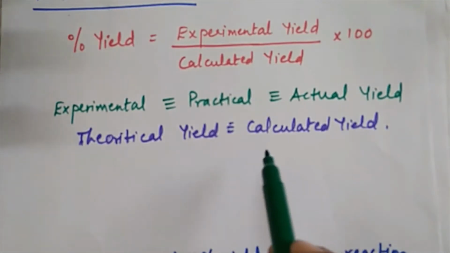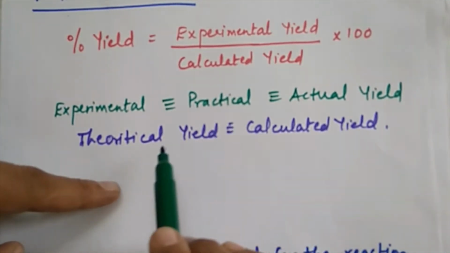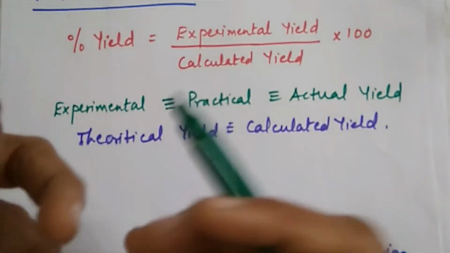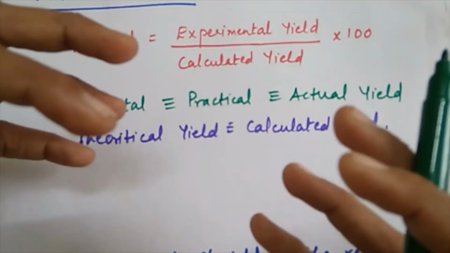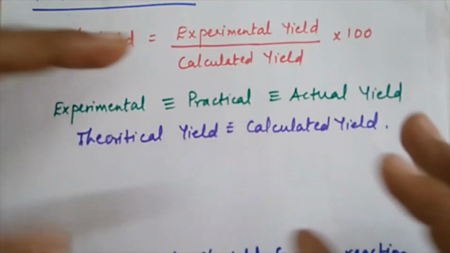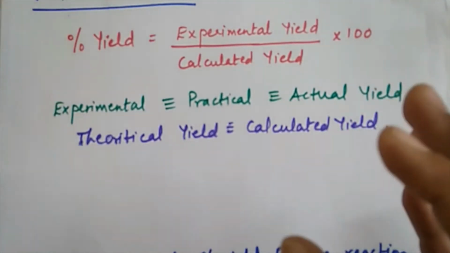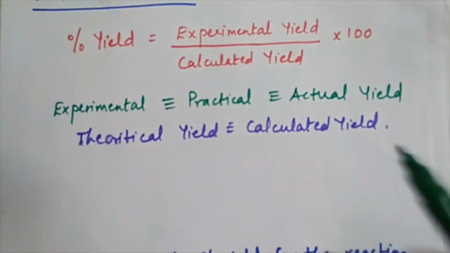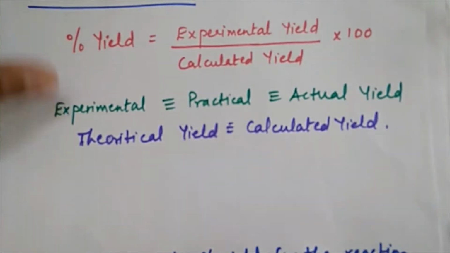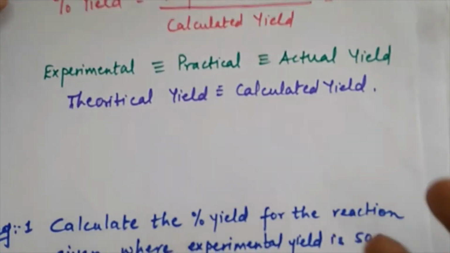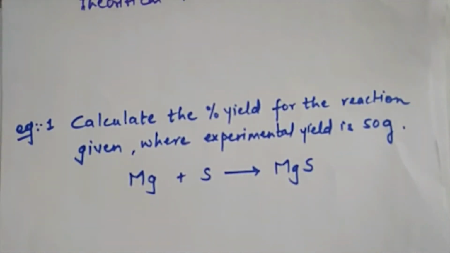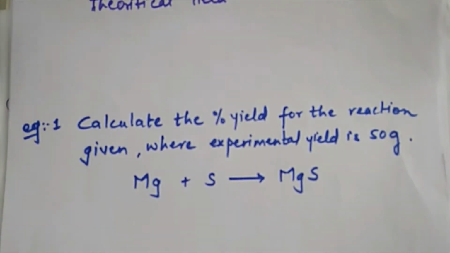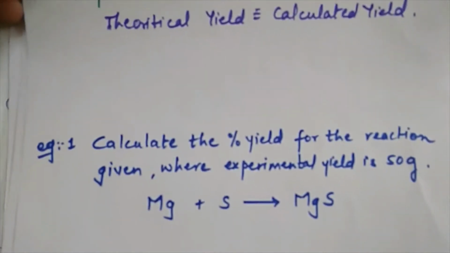So always remember that the practical yield will never be more than the theoretical yield. Practically, if we say 5 grams total yield is to be obtained out of the reaction taking place, we should get 5 grams. So practical yield will never be more than 5 grams. That depends on many factors that we are not taking in detail right now: purity of the reagents, laboratory conditions, personal error. All these are factors affecting the practical yield. But we need to remember that practical yield will never be more than the theoretical yield.